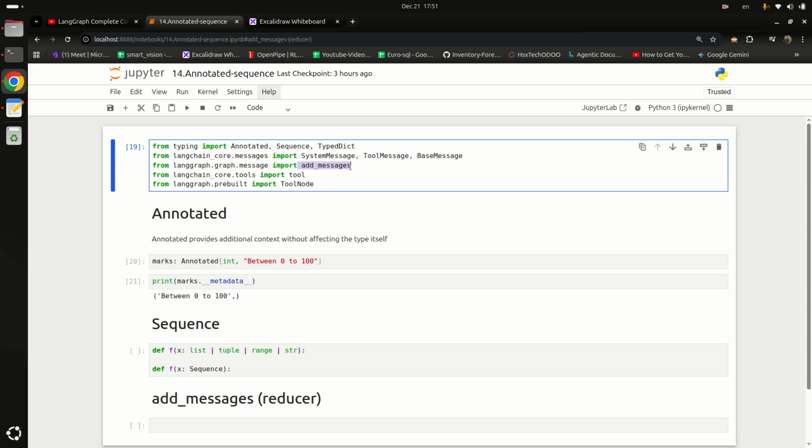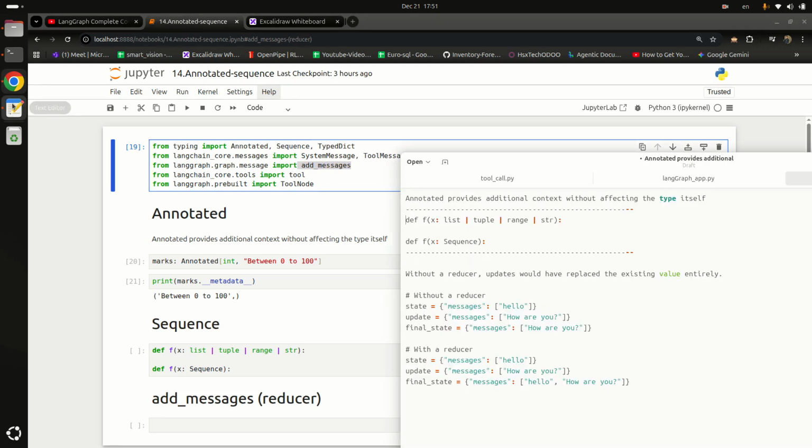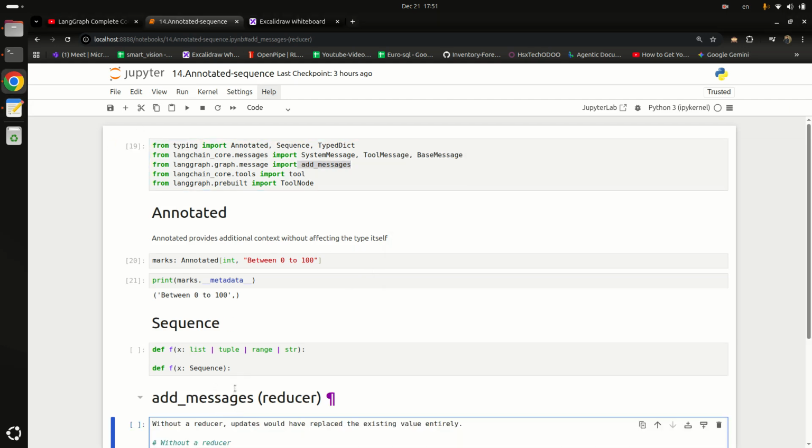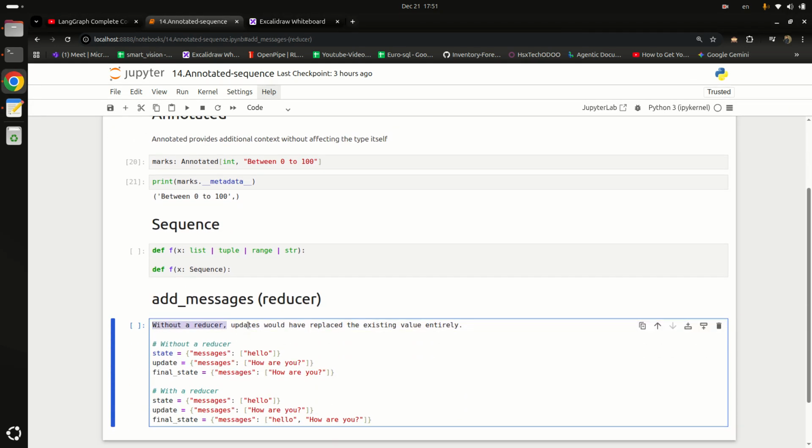Another thing is add_messages. add_messages is a reducer. So what is a reducer basically? Without a reducer, updates would replace the existing values entirely. For example, we have state messages. In messages there is hello. Then we update our state and we add this message, how are you?